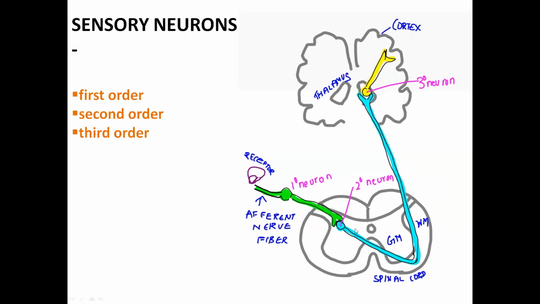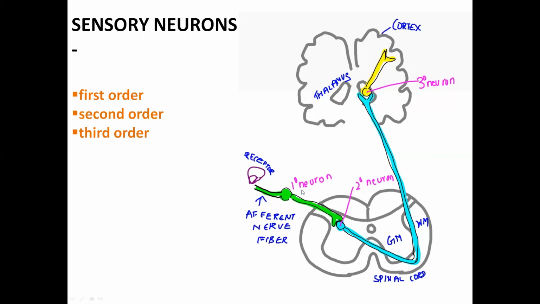You know the gray matter is going to be divided into anterior gray horn and posterior gray horn. And this is surrounded by the white matter. Now, the anterior gray horn consists of motor neurons. The posterior gray horn consists of sensory neurons. The axons from the posterior horn will be in connection with the dorsal root, whereas the anterior gray horn will give rise to the ventral root.